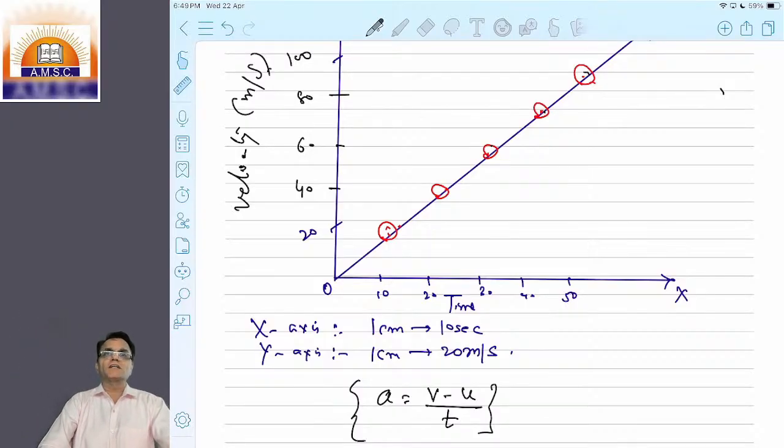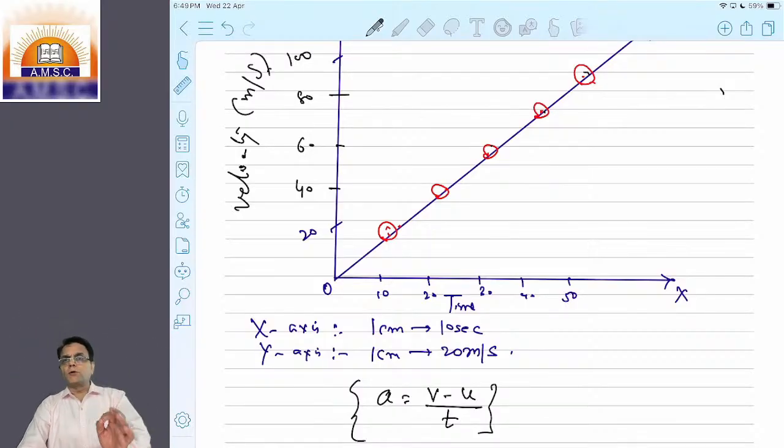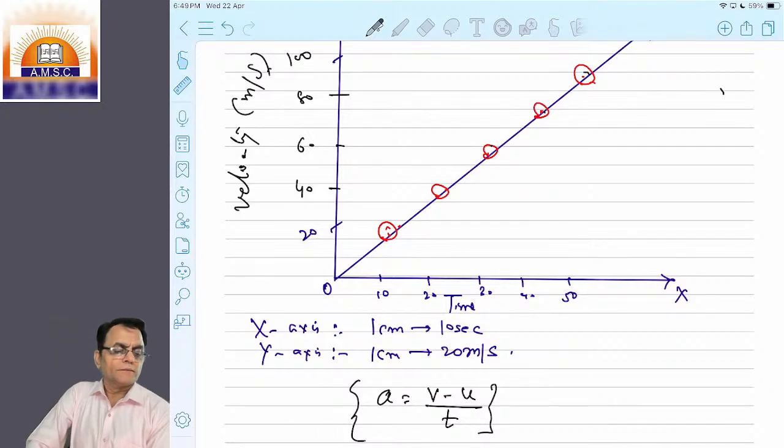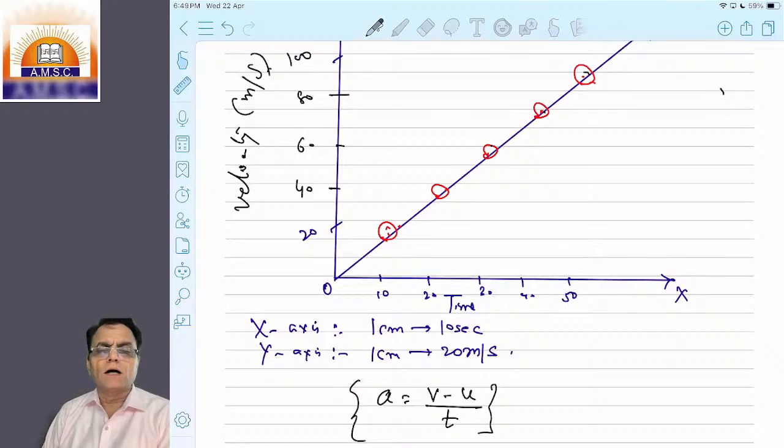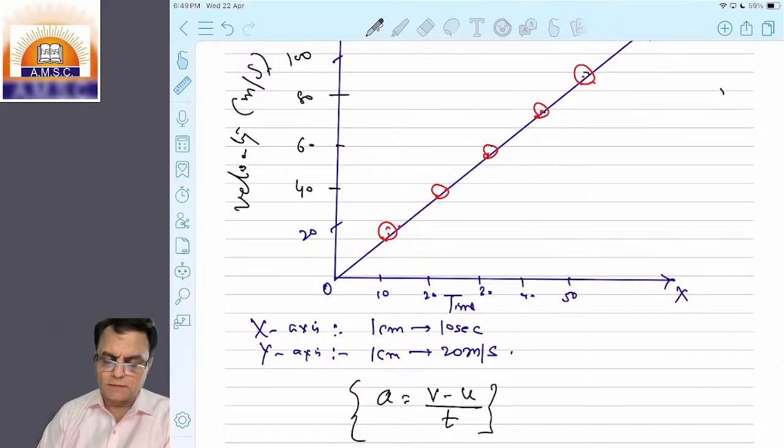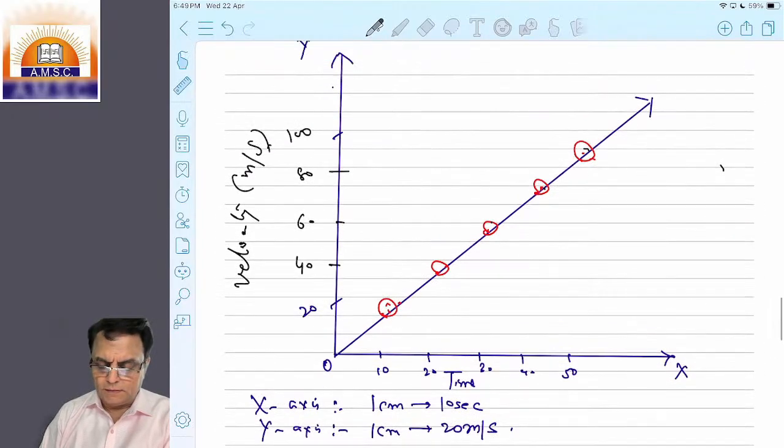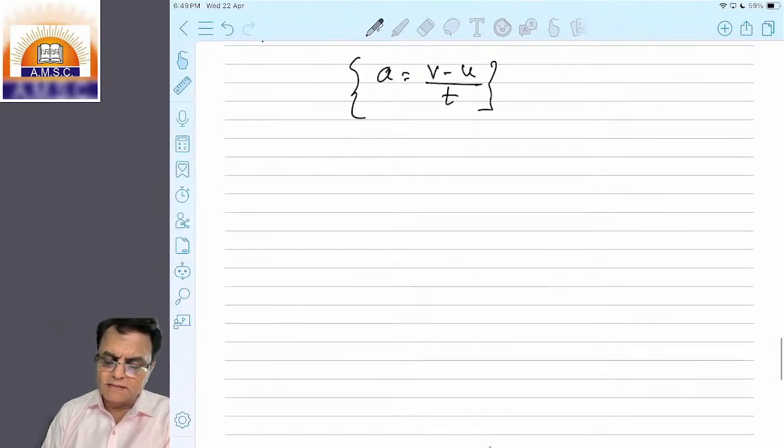अब मुझे एक्सेलेरेशन कैसे निकालना है? Most important part अब से शुरू होने जा रहा है. How to find out acceleration graphically. अगर हमें इसे समझना है तो what I should do? Let us consider